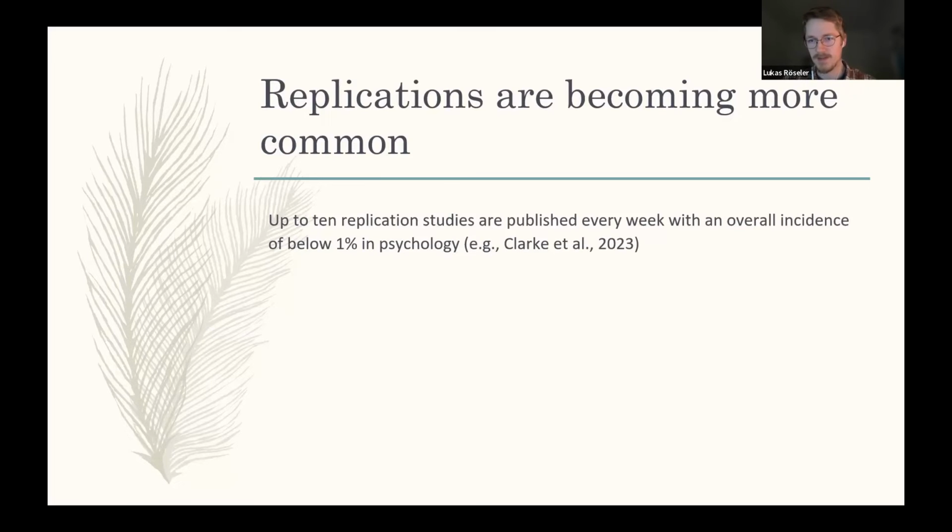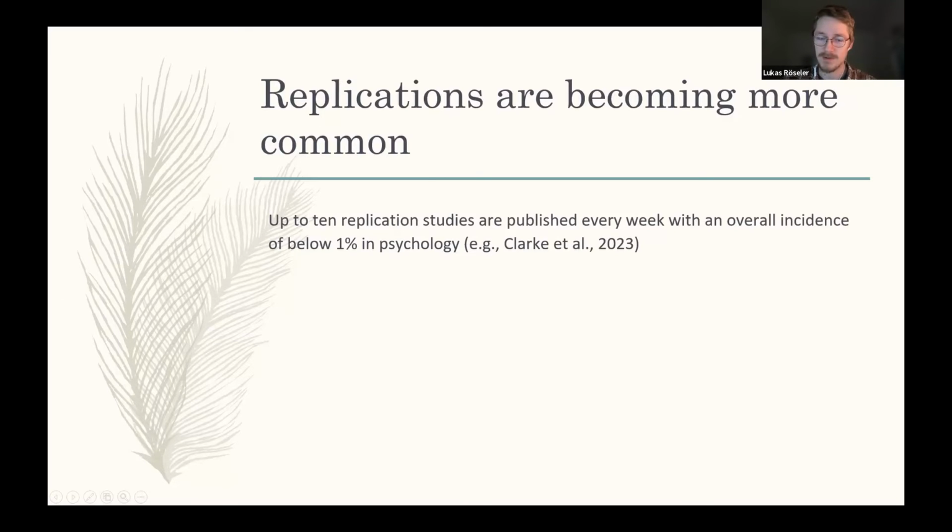And you can also calculate the proportion of all studies from specific fields or journals for which there are public replication attempts. And these numbers are very, very low. We are talking about less than 5%, often even below 1%. For example, Clark and colleagues, they have 0.2% for top-ranking journals.